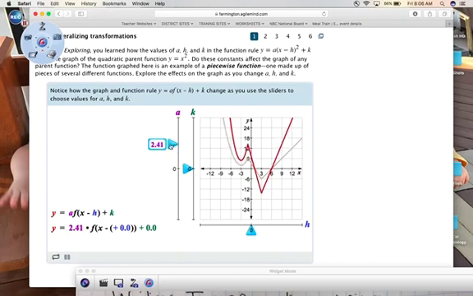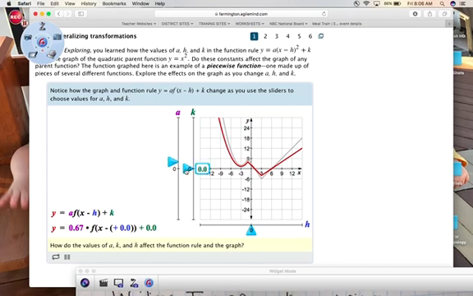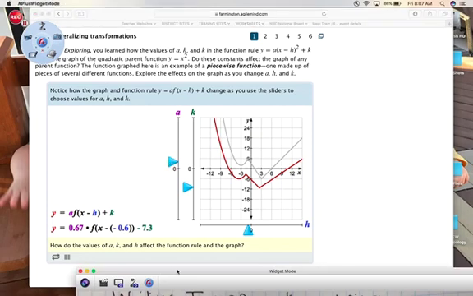The a stretches if it's larger than 1 or compresses if it's smaller than 1. The k moves it up or down. The h moves it left or right. I'm going to talk about why it looks like this and why it's not moving the opposite direction in just a second, but let's write out our